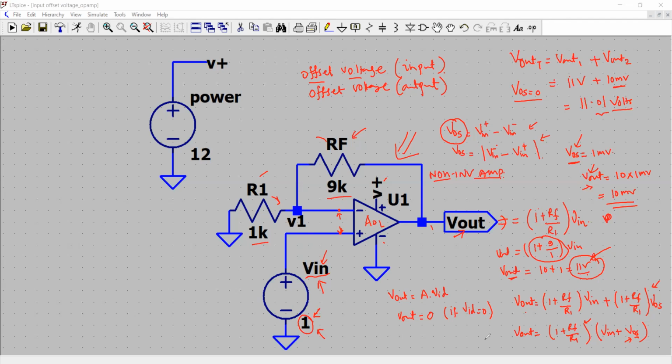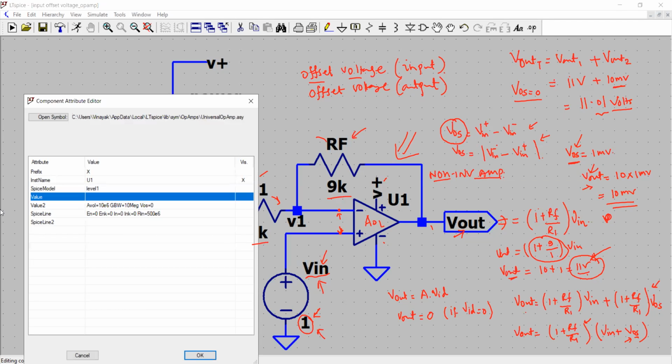So what we will do here is, I will show you, right-click the operational amplifier, that is a macro model. In earlier videos, we have explained how to set up these values. So I have chosen the open loop voltage gain to be 10 mega. The gain bandwidth of this amplifier is 10 mega. And VOS, that is the input offset voltage,